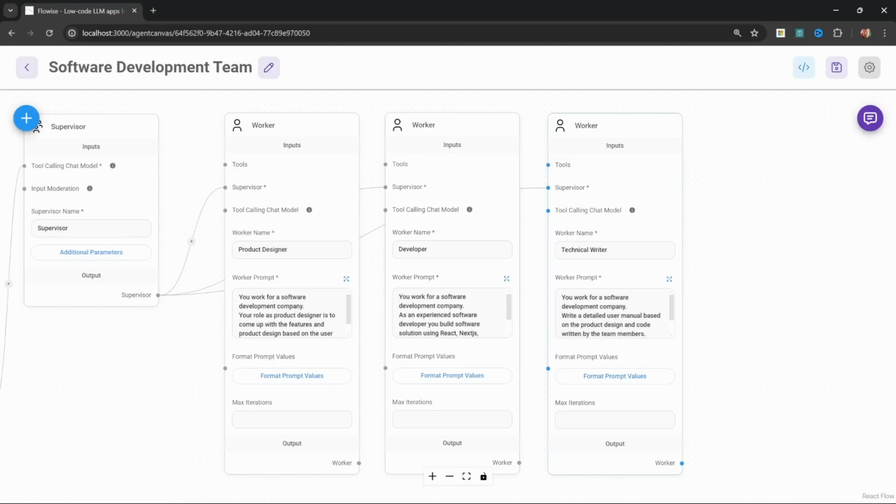Now let's have a look at the second example where we will build a lead research team that will be